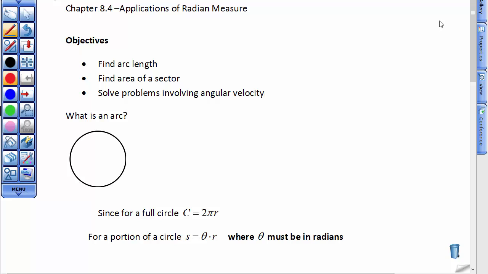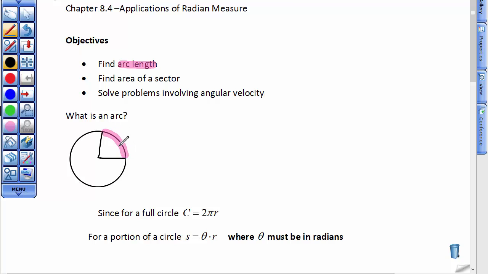We're going to take a look at the applications of radian measure in terms of a circle. We are going to look at the length of an arc of a circle. I've got a circle drawn here, and it's going to be just a portion of this circle that's intercepted by these two radii. So we're going to learn to find the length of the pink arc, and I'll even explain to you as